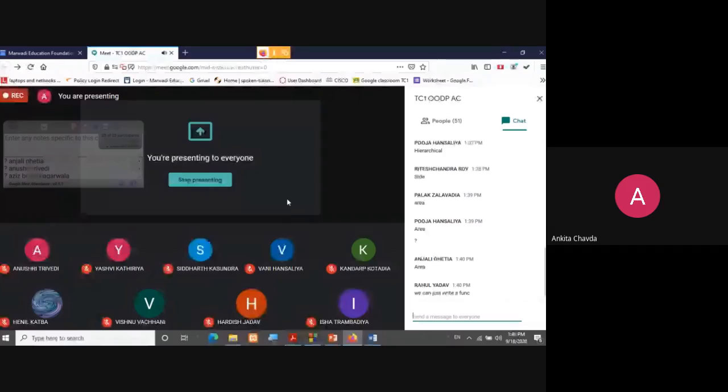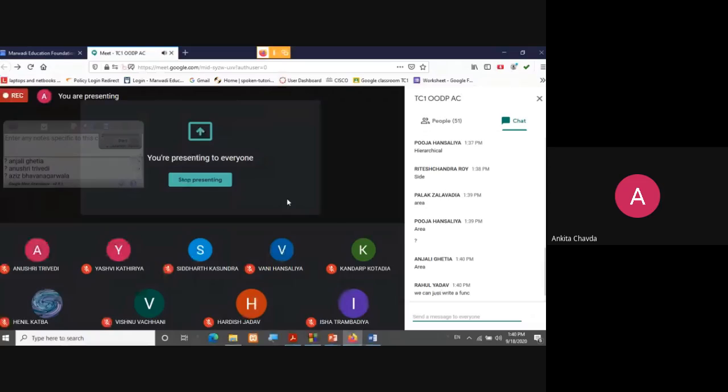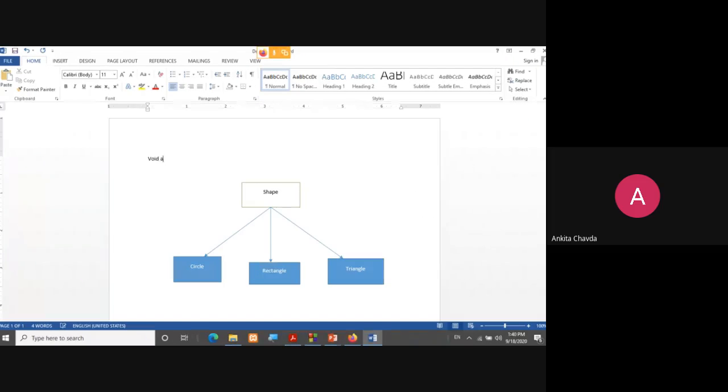Almost all the time you will have such base classes where you don't have statements to write into the function. Suppose I've written the void area function for the shape, and I don't have anything to write, so I'll simply write cout here.